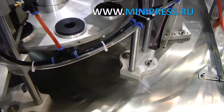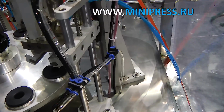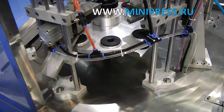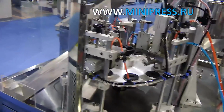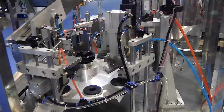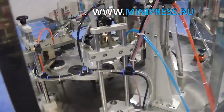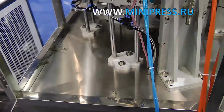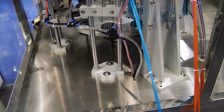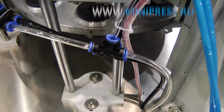In the end I came to the conclusion that I would not be able to choose equipment for filling tubes on my own, and decided to turn to a specialist. I needed a professional who would give complete information about the machine, its capabilities, test a tube with our cream on the equipment, and talk about the terms of delivery. It was initially decided not to use Chinese intermediaries, because often manufacturers from China have their own direct representatives. I did not want to go through this stage all over again, so I decided to turn to Russian intermediaries